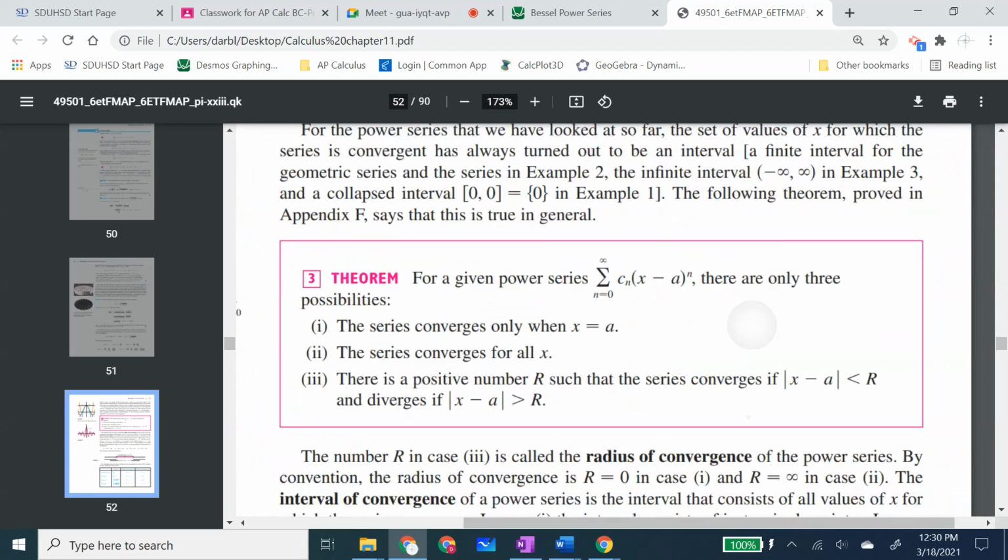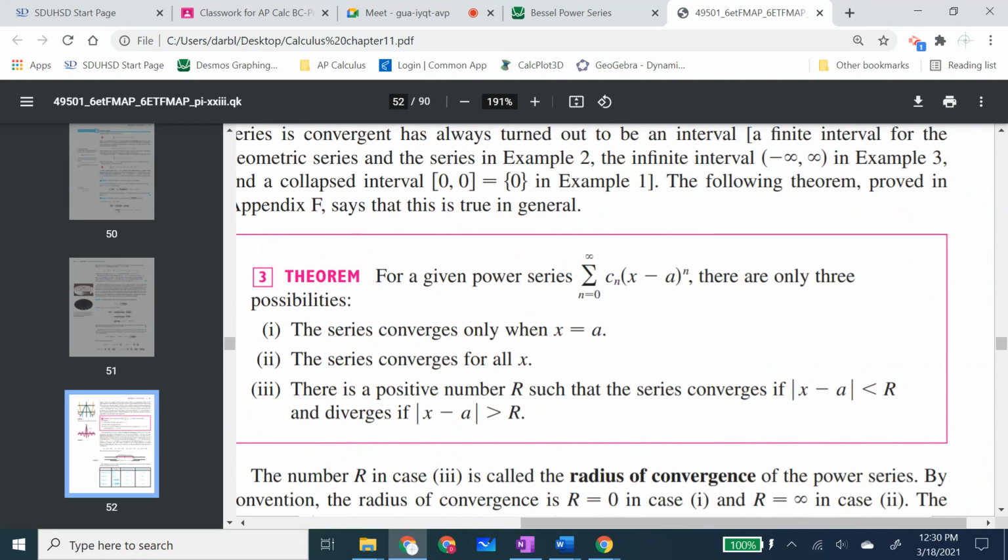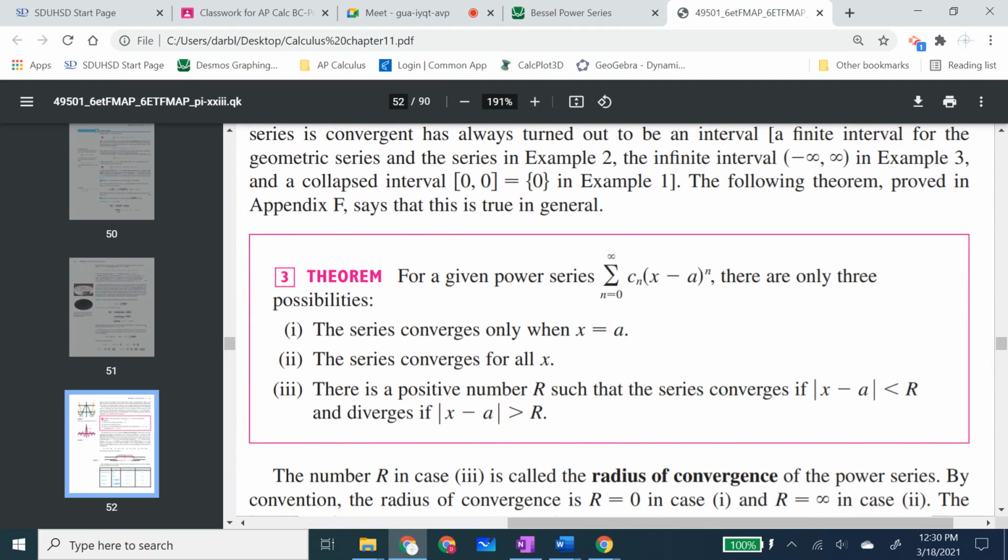Okay, this theorem and then a chart coming up are important. You recognize this formula right here. You should definitely recognize it. We've used it. There are three possibilities when it comes to where it converges. One possibility is that it converges only at the center. Another possibility is that it converges for all x,